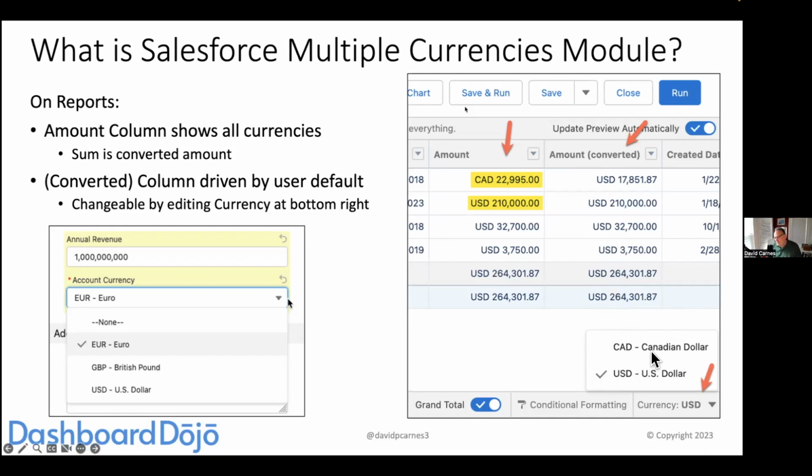If I set this up as Canadian dollar, let's say that the number is 310 or 320, whatever the math is, then it'll pull in the Canadian dollar amount into the dashboard. So you do want to be very intentional about what you set this as here. And you can see that